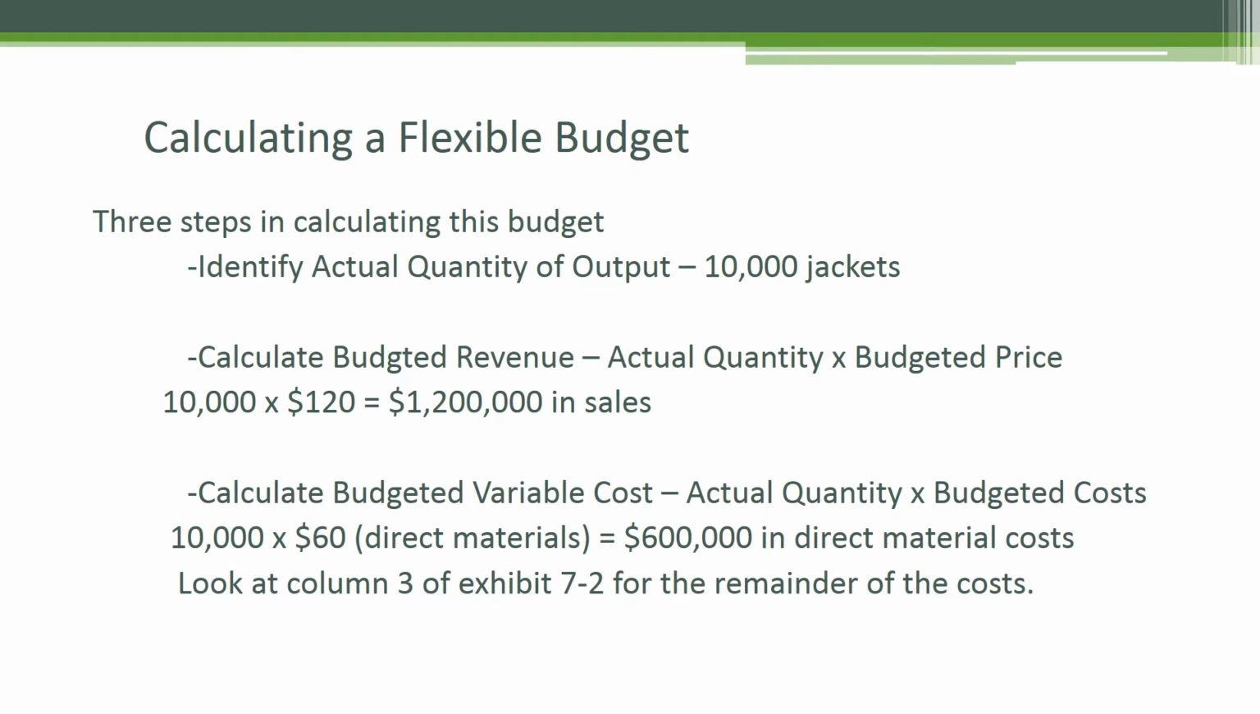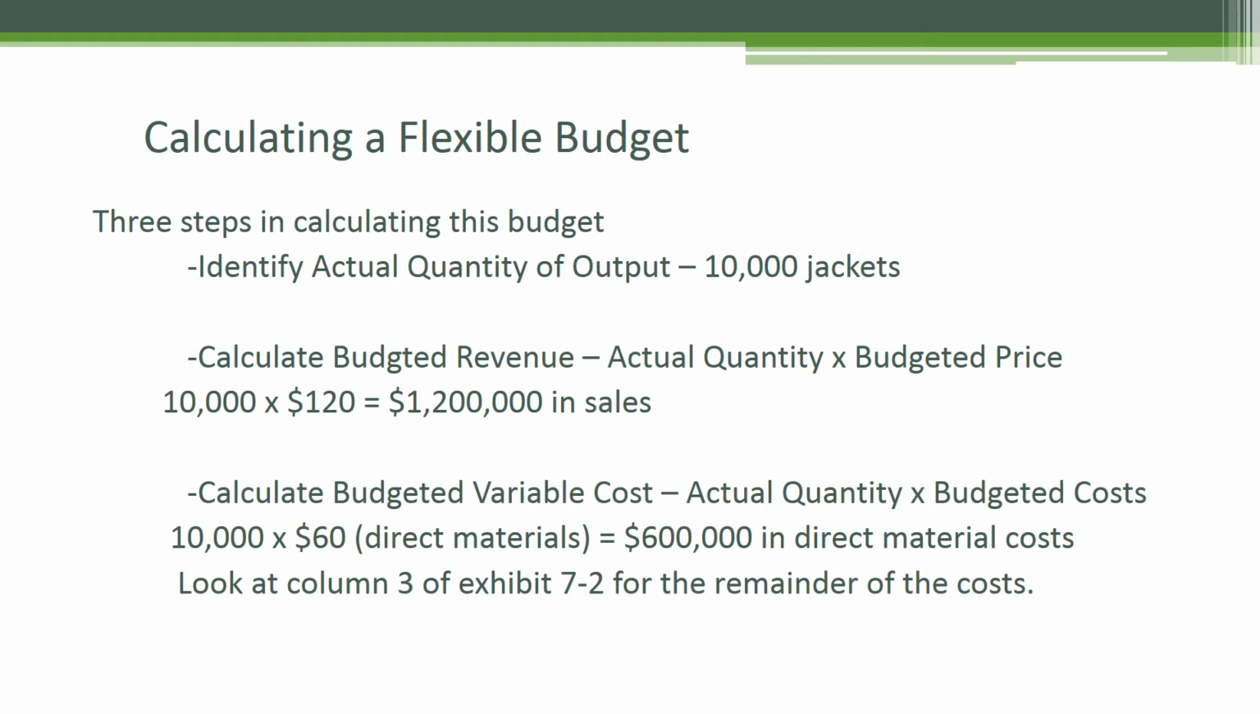When calculating a flexible budget, there are 3 steps. The first is to identify the actual quantity of output. In the case of Web, that's 10,000 jackets. Then you calculate the budgeted revenue. We get to this by taking the actual quantity, the 10,000 jackets, times the budgeted price of $120. That gives us